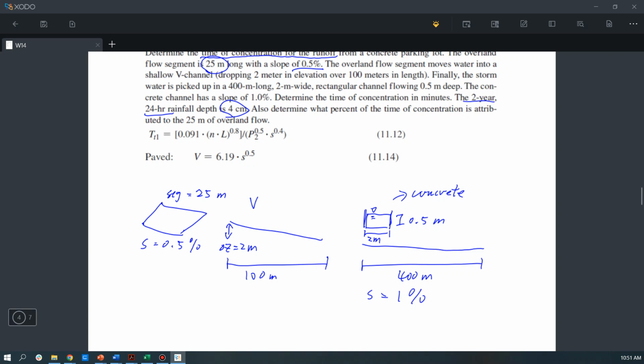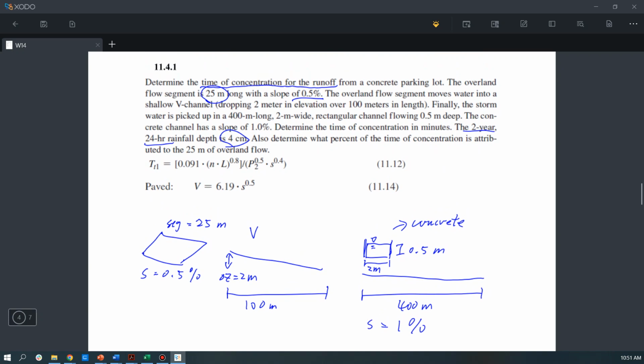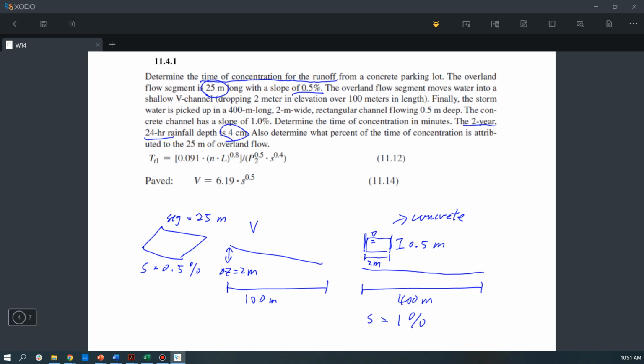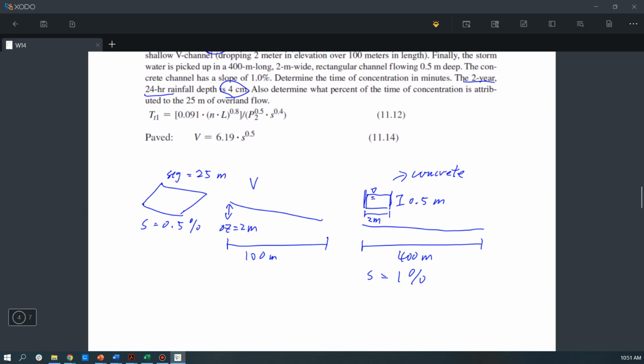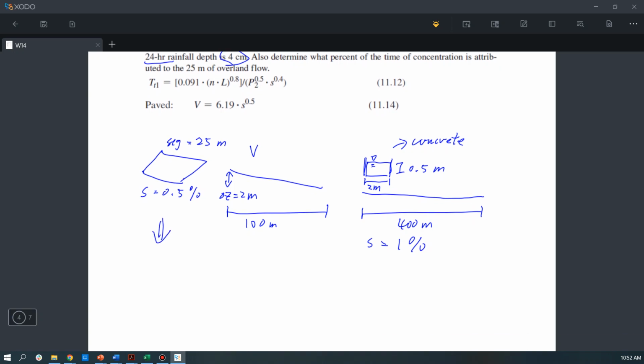No, you just remember that first. Okay, so let's calculate the total time of concentration first. Then after that, we can calculate the percent of the time of concentration that is attributed to the overland flow. Okay, so for the overland flow, this part is